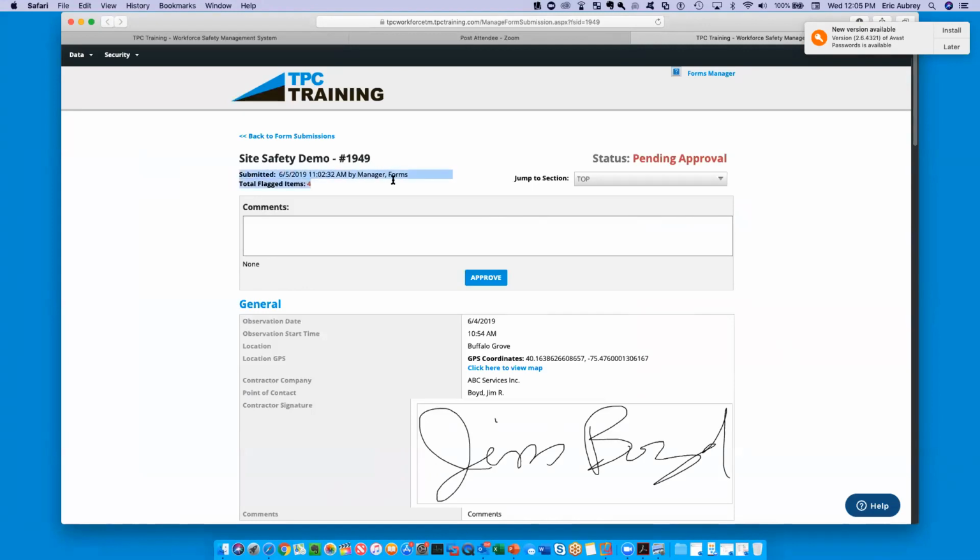Again, the submission time, date, the total number of flagged items, meaning the number of deficient items that were found. We can also see that this form has a workflow. So it's pending approval, meaning I'm the person responsible for rectifying any deficiencies with this contractor. I need to make any comments, let you know exactly what I did to rectify the situation, and then approve this in order for this to go through